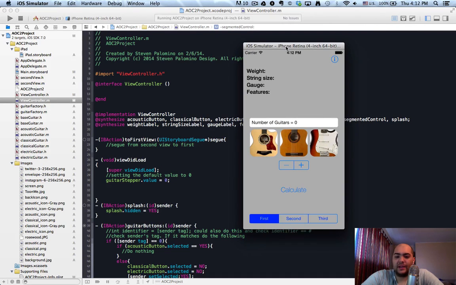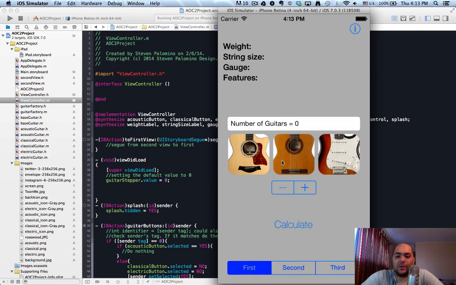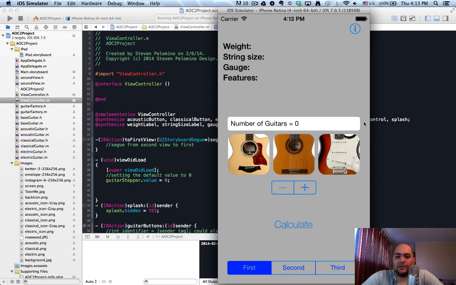This is my app. I just continued the same thing that I was doing last week. Basically, it's just a guitar app. It calculates the weight of acoustic, electric, and classical guitars. The default is 0, so it'll calculate and bring in the info